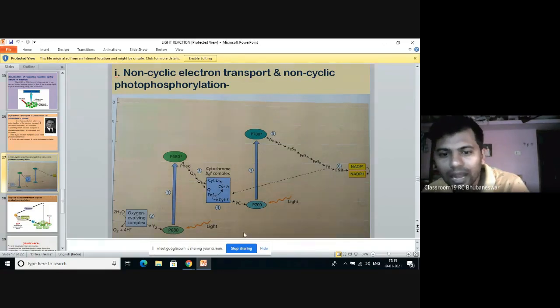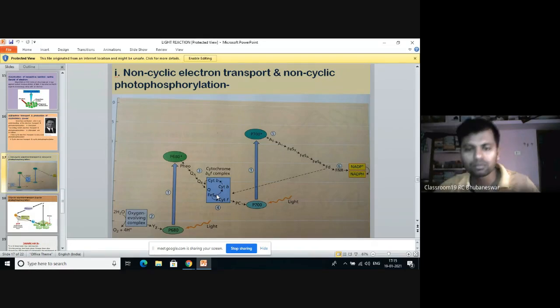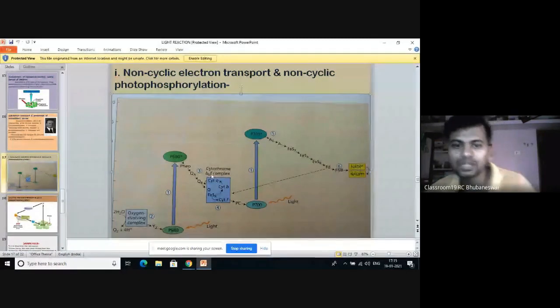While the electrons are moving through the cytochrome b6f complex, the amount of free energy released is sufficient to form a molecule of ATP here. And in the cytochrome